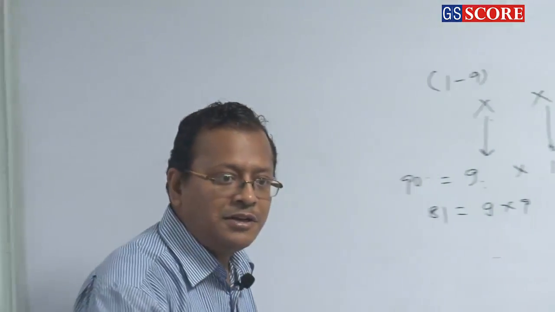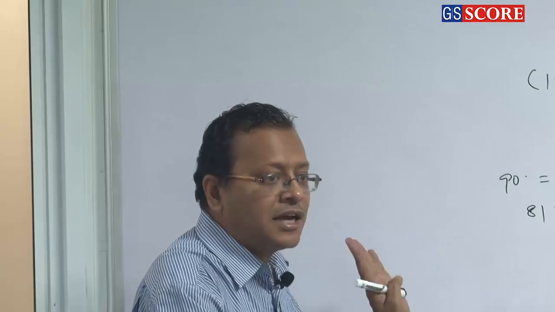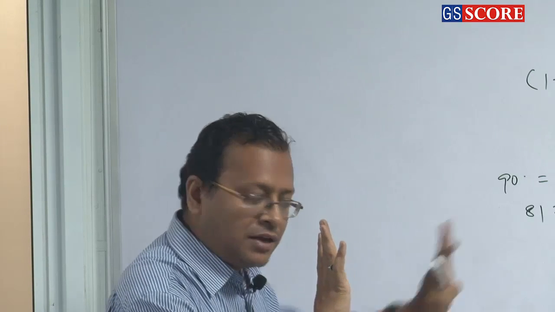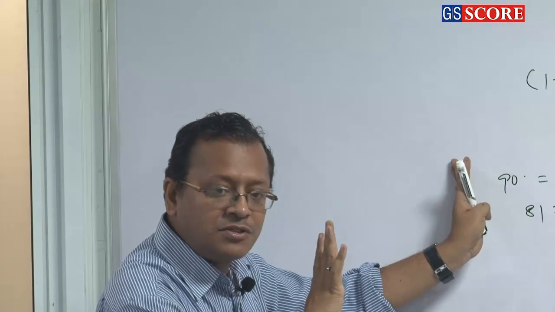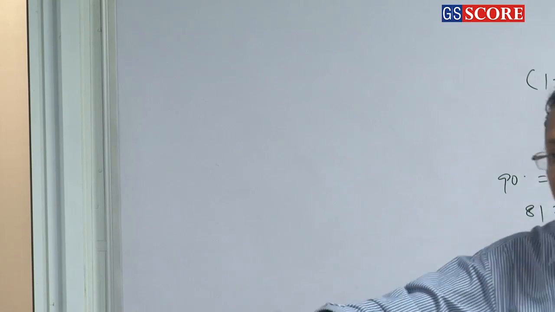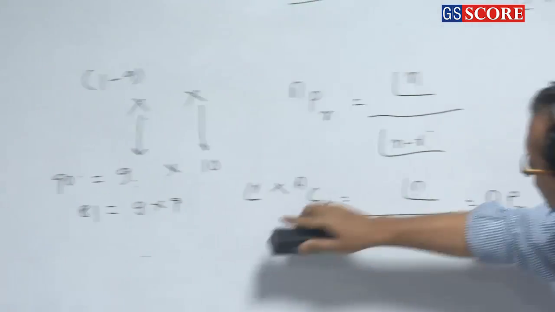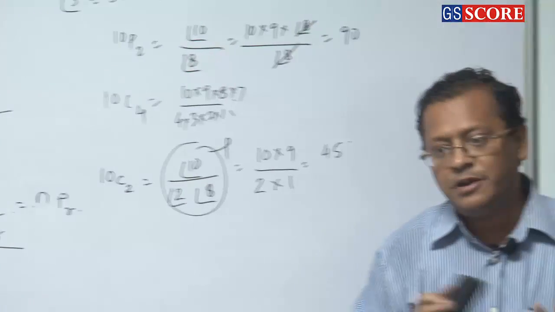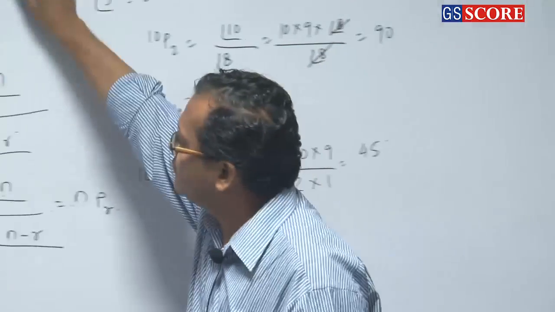Clear or not, everybody? Now what kind of questions usually come? Which kind of questions that usually come? Okay. First is the basic questions on digits. Now can I extend the question a little bit more? Okay. And forget NPR and NCR. Just follow sum rule and product rule. Every question will become clear.